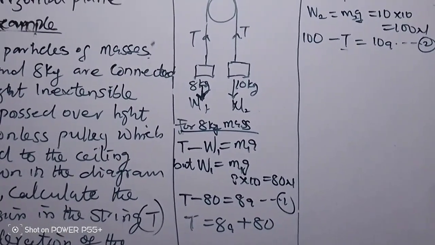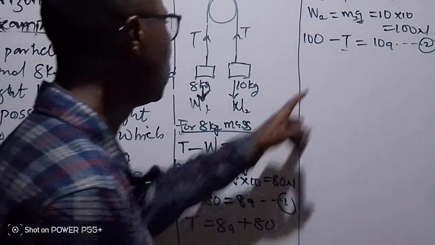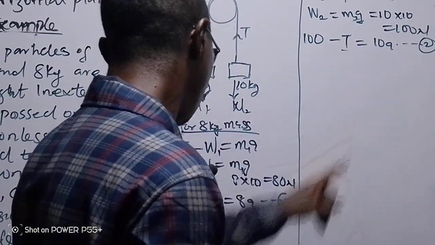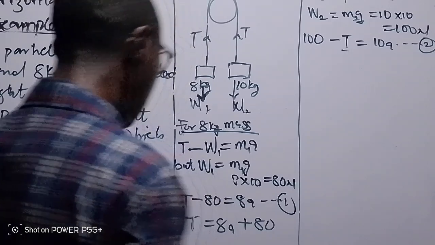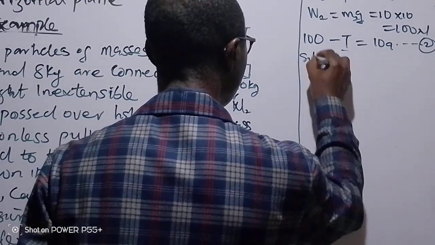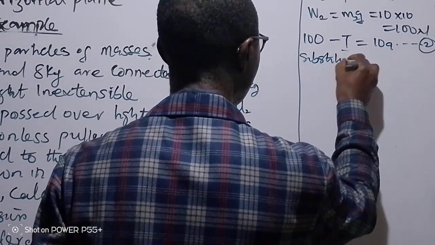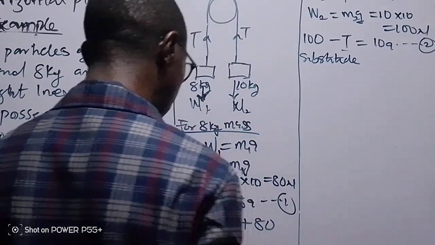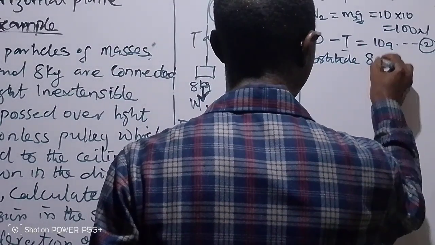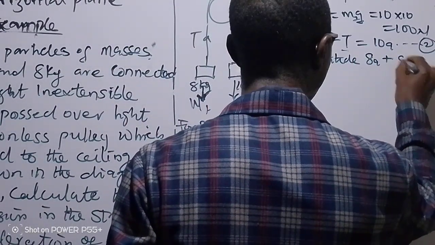Now, substitute this one for this one. Then we are going to substitute 8A plus 80